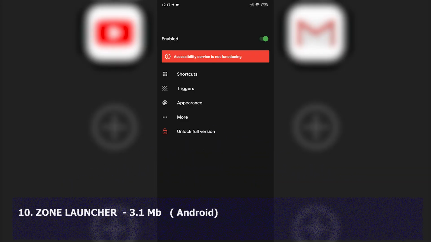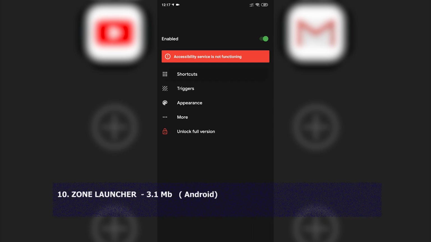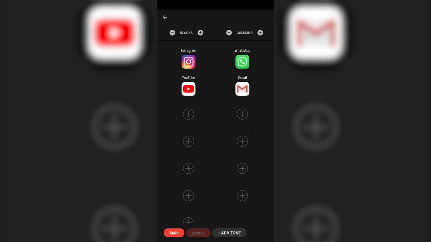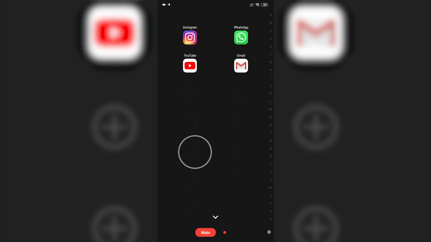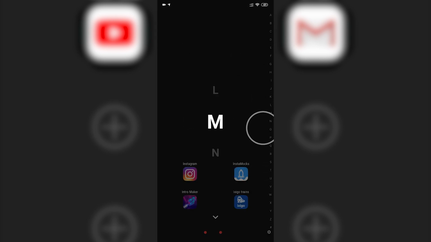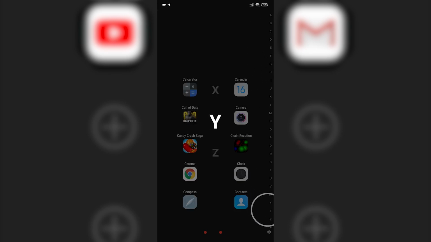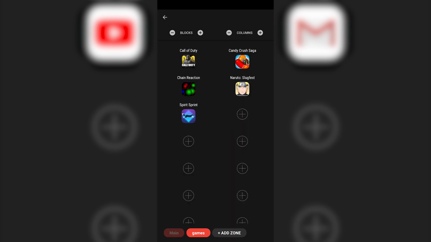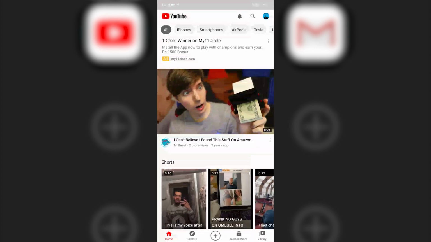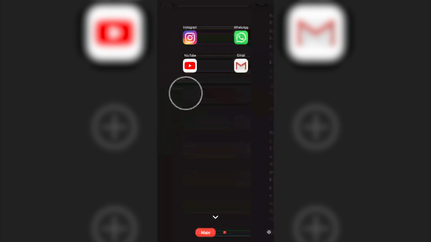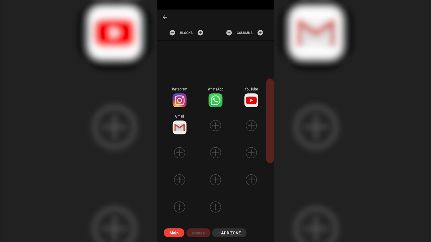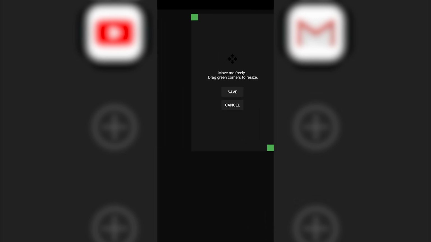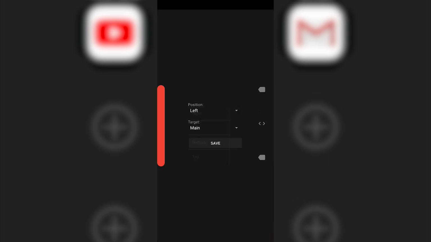Next up, we have the Sound Launcher. Now this is a launcher app which can be used to launch any app or shortcut from any screen at no time. With this app, you can basically just swipe from the right of the screen to quickly access an app or a group of apps. You can add categories of apps to launch like a main, then a games to easily launch it. This action will work even if you are within another app, and also you can customize the menu which appears while swiping. You can also set the swipe action to any side of your phone.